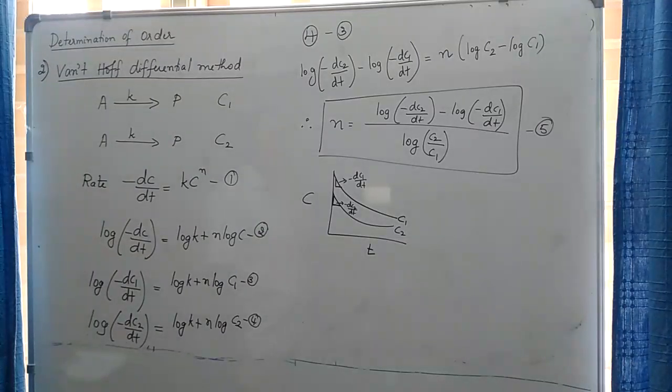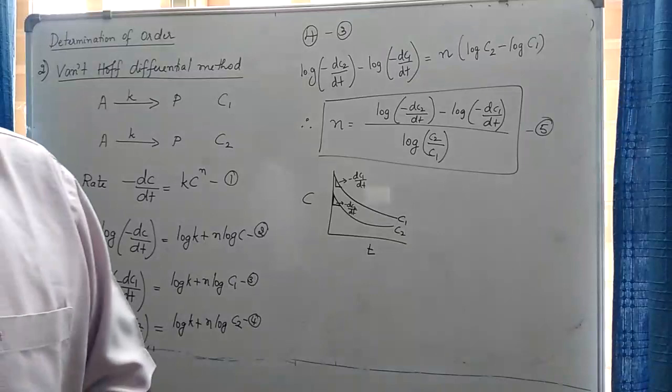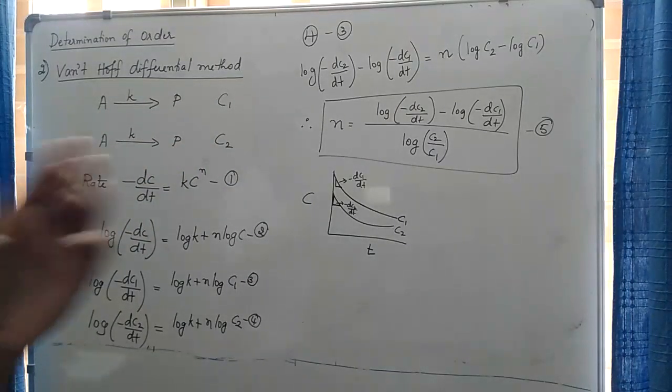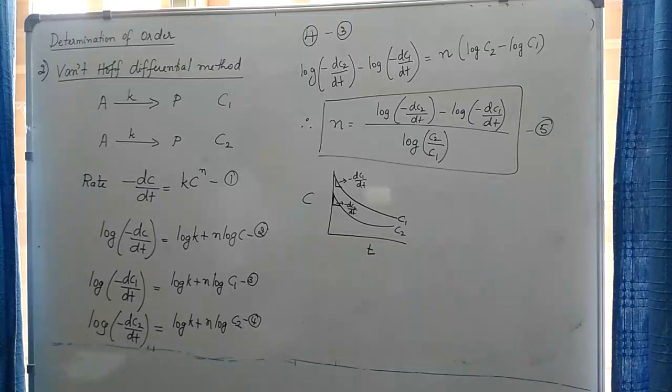The disadvantage of this method is that it may sometimes be less accurate compared to the general method. Why? Because the more data you have, the more accurate your result will be, and the less data, the less reliable it becomes. So this method may sometimes be less accurate than the general method, but the advantage is that it is less time consuming. So it is a very simple method, which is a simple modification of the differential method.